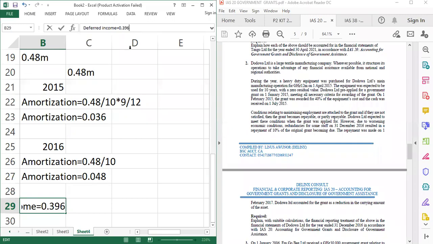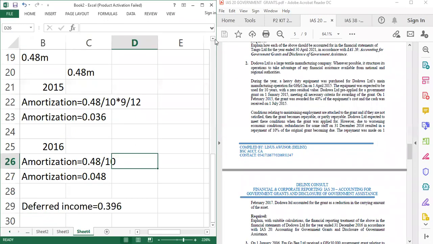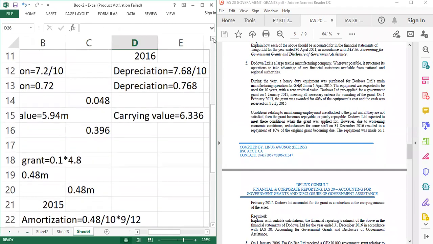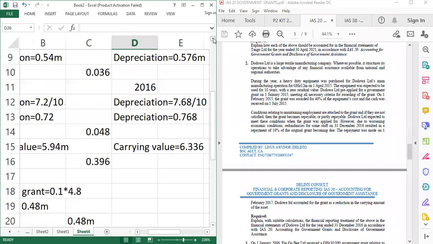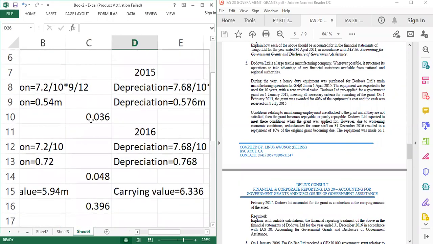Okay. Another way of solving this question, the first one that we did, you assume that that portion of the grant was not taken. Then you start everything from the beginning. If that portion was not taken, how the accounting treatment should have been done. Then you do it, and you see that the first depreciation was undercharged by 0.036. So you have to go and do the right thing, because the depreciation should have been 0.576 if that 10% was not taken. But you are charging 0.54, you are undercharging.